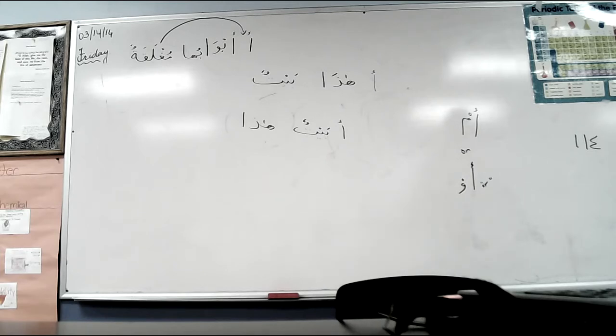When the noun or adjective has al, right? We've known this from lesson 3, that when you add al to a noun or an adjective, what do you drop? One of the vowel signs, right? So it becomes definite. Okay, so this is where there's no tanween. Tanween specifically means double vowel signs. So when you don't have tanween, you only have one.